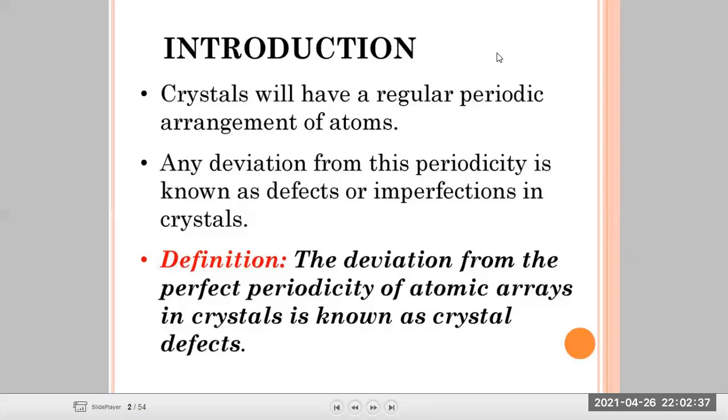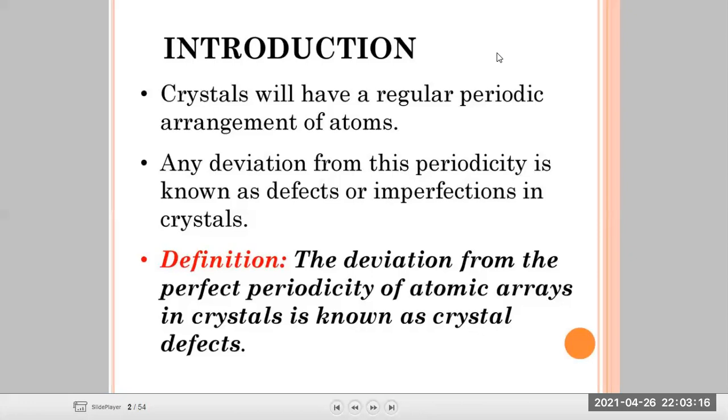Then we studied about basis, and proceeded further with the lattice parameters. With the help of these lattice parameters, we came to the conclusion that in the Earth's crust there are seven crystal systems. The entire solids have been classified into seven crystal systems, right? Depending on the lattice parameters, these have been classified into cubic, tetragonal, orthorhombic, rhombohedral, hexagonal, monoclinic, and triclinic. And we had seen the different parameters regarding this.